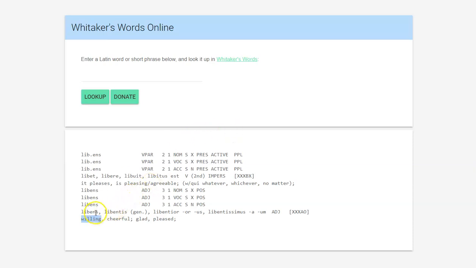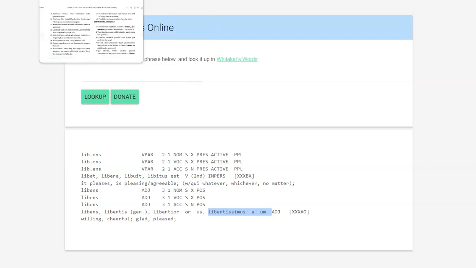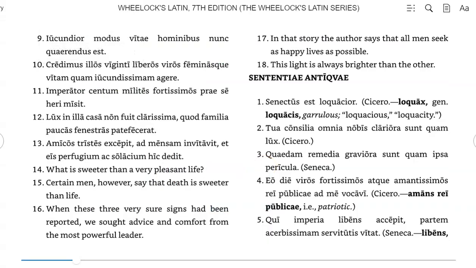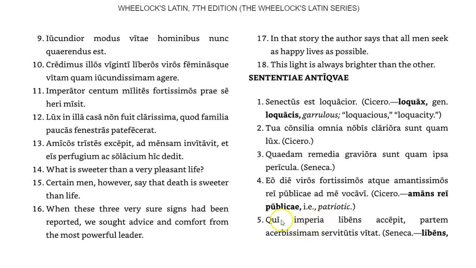In fact, here's a good example because they have the positive form of the adjective, and here they actually give you the comparative form with ior, and then here are the superlative forms. Of course, Latin has gender in the nouns. That's why you see some of the different endings. We'll go back to the examples, so imperia means power. That's where we get imperium. It isn't the plural. Of course, power is more than one sort of thing or entity or essence. So that's why the word itself is in the plural. But whoever willingly accepts power